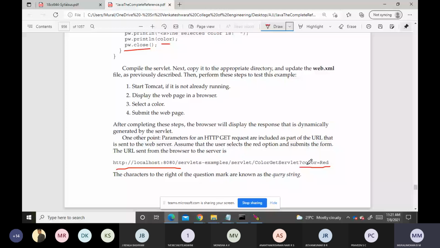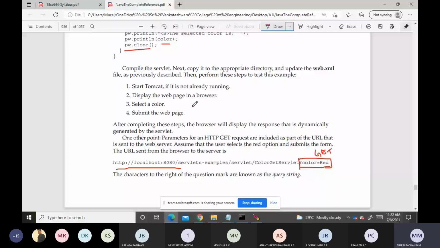Hence, as I told you, it is vulnerable to attacks, and we cannot use the get method if we want to send essential or confidential data. Why? Because it is embedded along with the URL. Later, whoever goes and sees the history will see this data along with the URL.